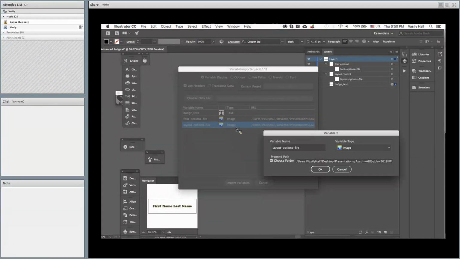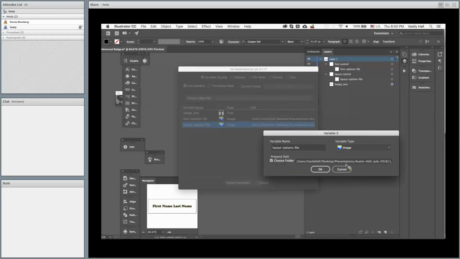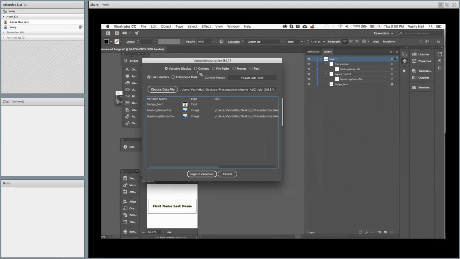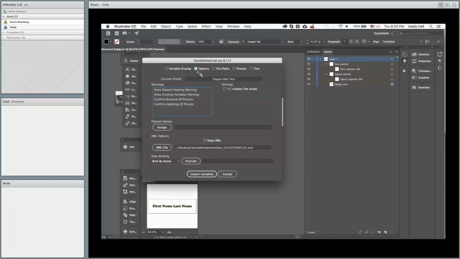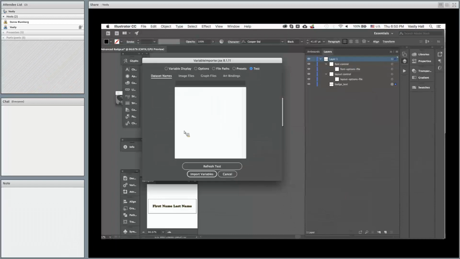And for the layout one, I'll go and choose the one with my layout options. So here we go. Now, it's got a bunch of tabs. It looks pretty busy, but the basics are just assign the dataset name you'd like. So I'll just keep it to those. And then when you do the test,